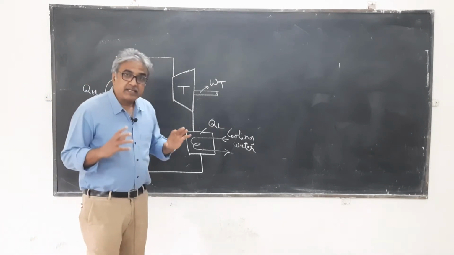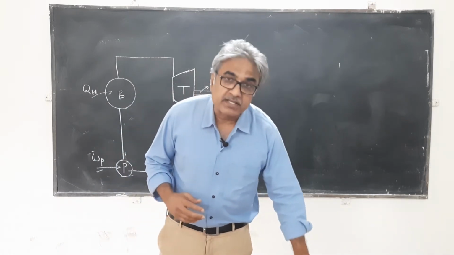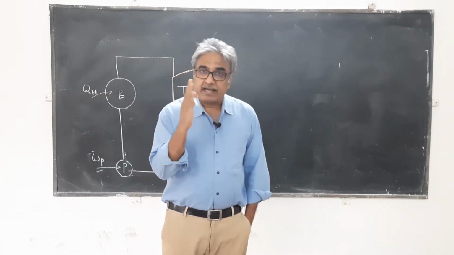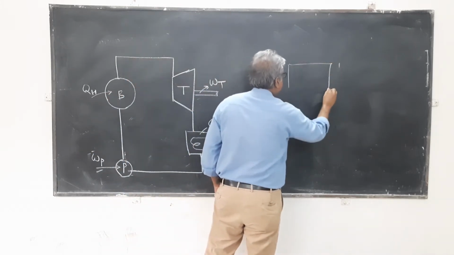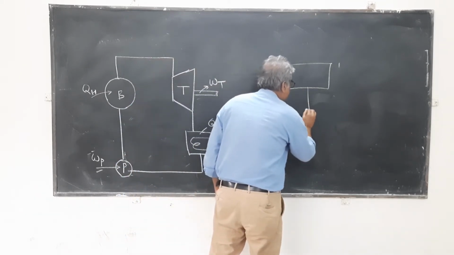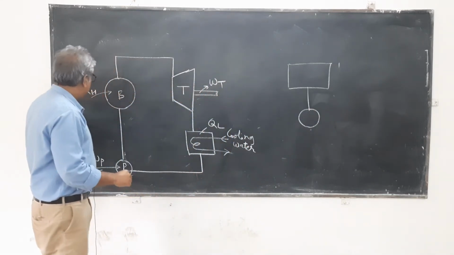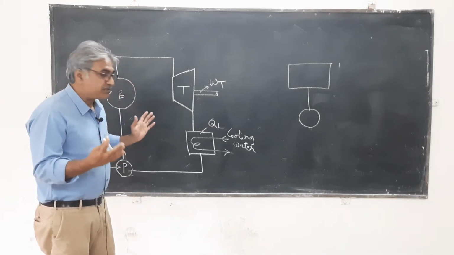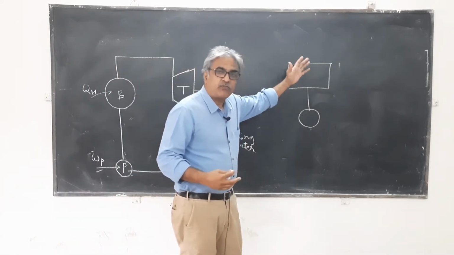Okay. Now see, this is in a way a heat engine, right? A heat engine we generally represent in the form of a diagram which involves a source and sink. So, let us say this is a body from which heat is given to the working substance. The working substance here is water and steam. So, what happens here? Heat is flowing from the furnace where the fuel is burnt, and it goes to water. This is from where the heat is coming, let us say from flue gases in the furnace.